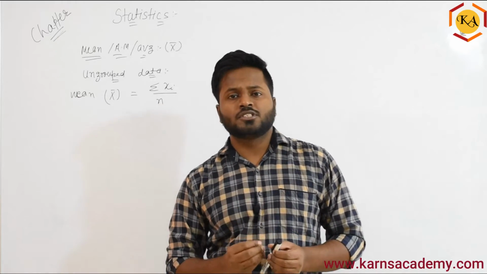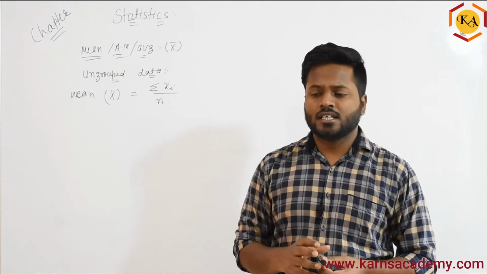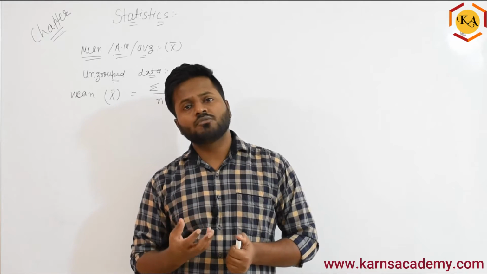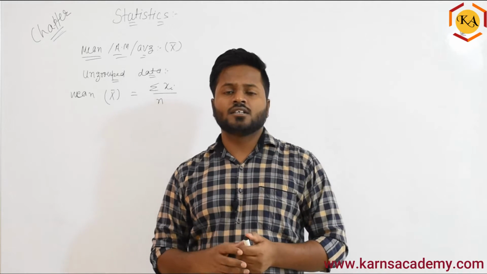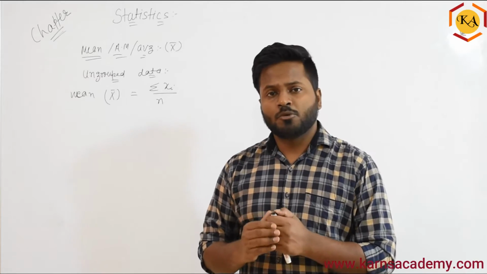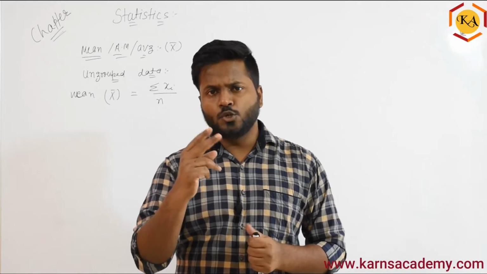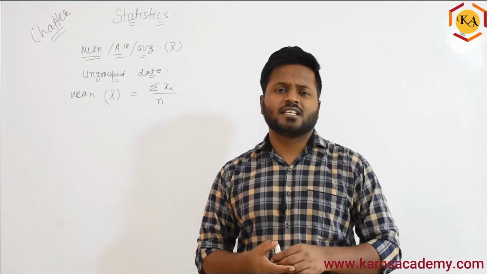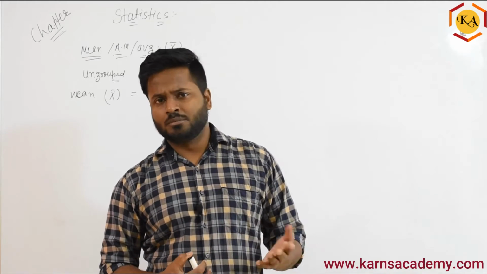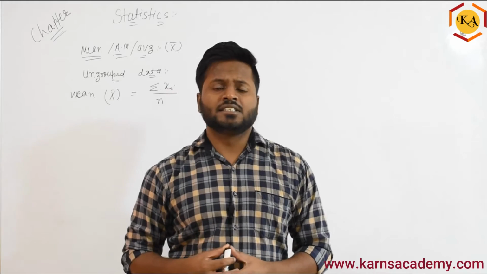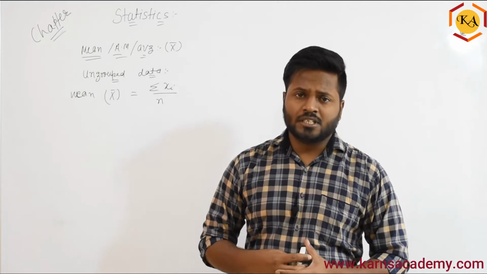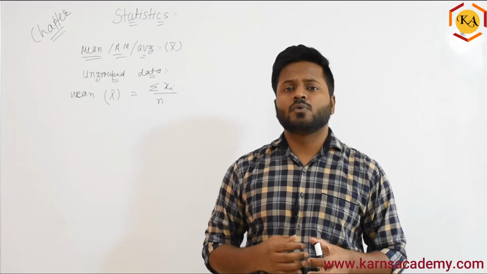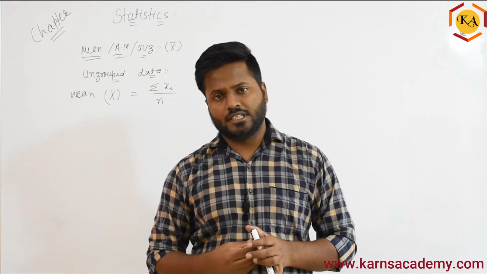one or two data points which are very far from the other data. Let's assume you have 50 students in a class, and out of 50 students, 48 got attendance above 90%, and two are irregular students with very low attendance, like 0 or 2 or 3%. In that condition, if you calculate the mean, your average will come down drastically, and that will be the wrong interpretation of the data, right?